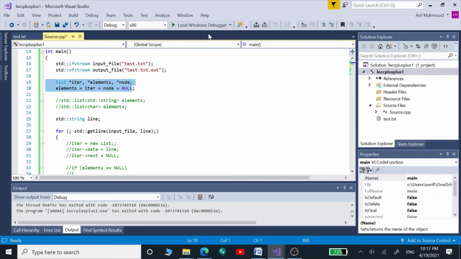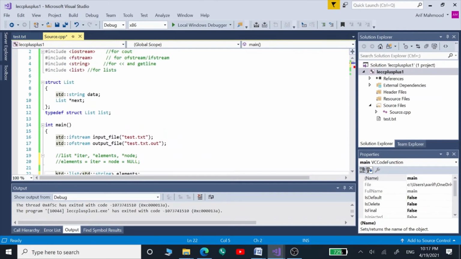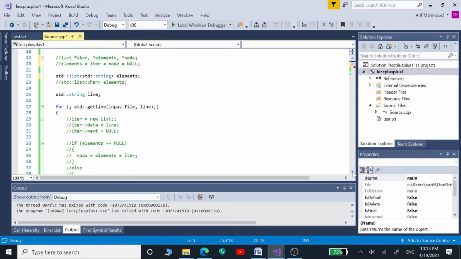We exclude these two lines and include this line, because these are the lists from our standard library, and this is the library we can include to get these lists in order to use them in a C++ program. Now we have defined a list of type string with the name elements, and we are going to use this same for loop and store these line string variables inside this list.